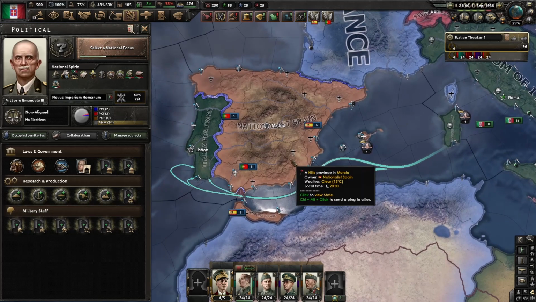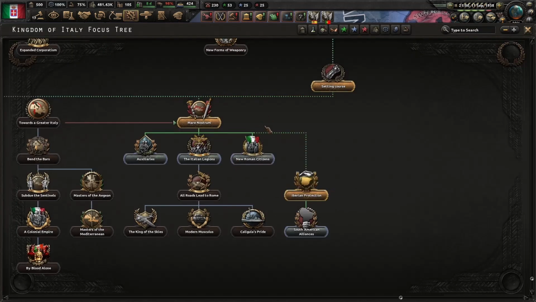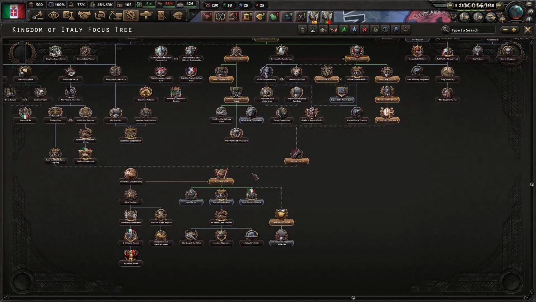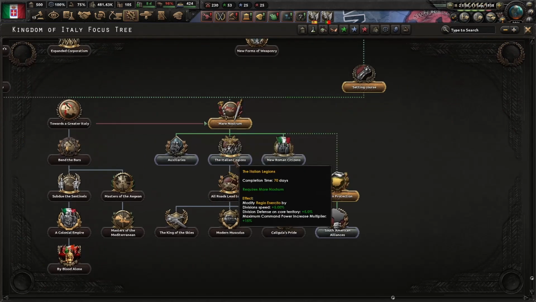Now, in my case, I was very lucky and didn't have to invade either national Spain or Portugal. I almost said Italian Portugal. So I can just keep doing the next focus. And our next focus for right now will be trying to get all roads lead to Rome by taking the